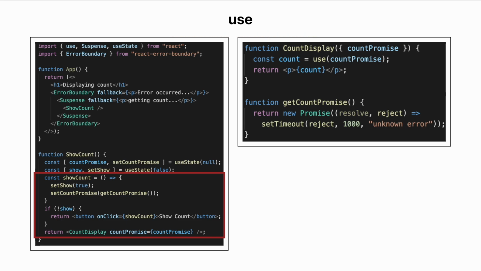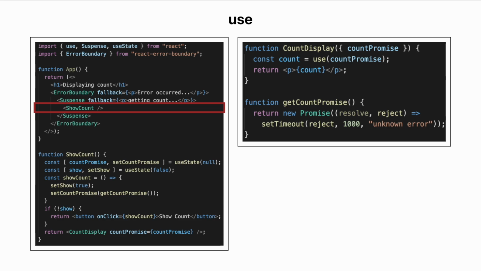In the ShowCount component, we have a button. On clicking this show button, the CountDisplay component is shown. Here, CountDisplay is not the direct child of the App component. For these scenarios, you will have to pass the error handling flag through multiple levels, which affects readability. Yes, but we can pass the error state set functions through context.